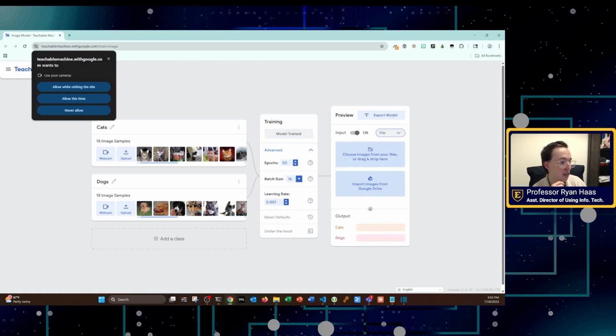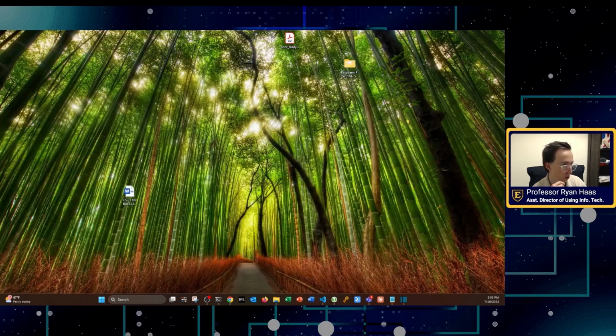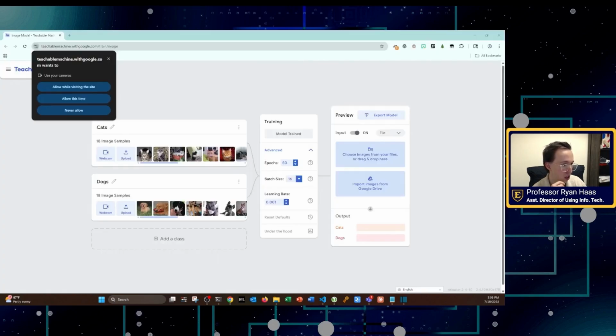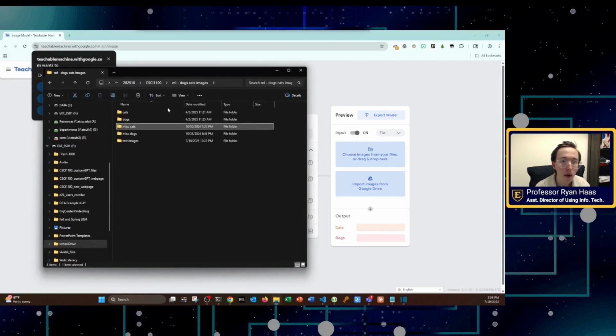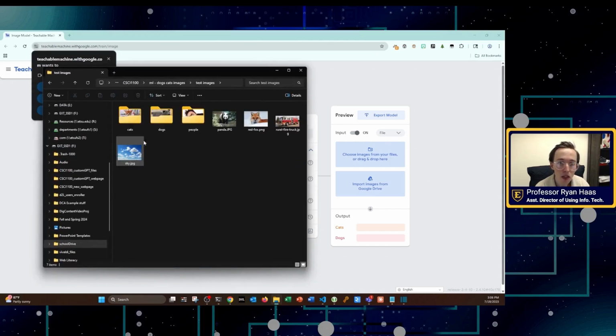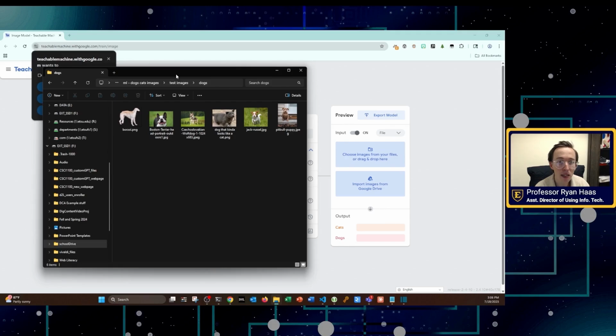So let's test it on some new data that it hasn't seen yet. Okay, let's go to test images. I just have a few dogs and cats.